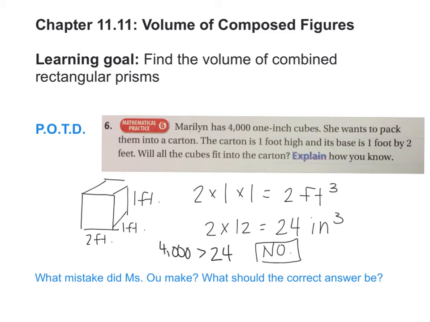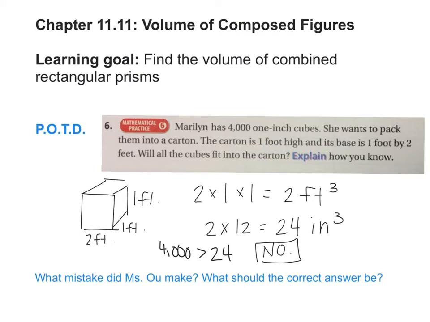This is the last lesson of Chapter 11, which means you are basically ready for the test that's going to happen on Friday. Okay? Today we are talking about finding the volume of composed figures. Composed figures just means different rectangular prisms that are stuck together and become one. Okay? So like, for example,